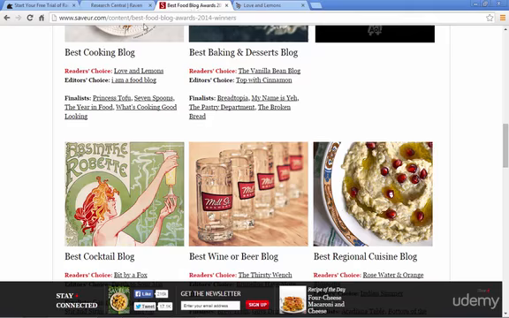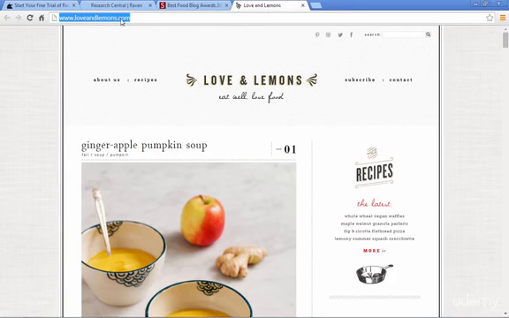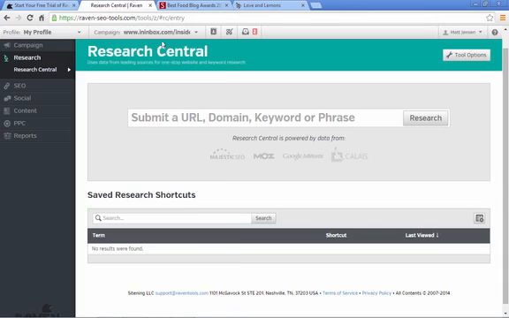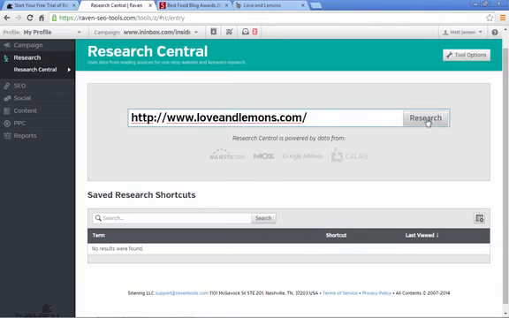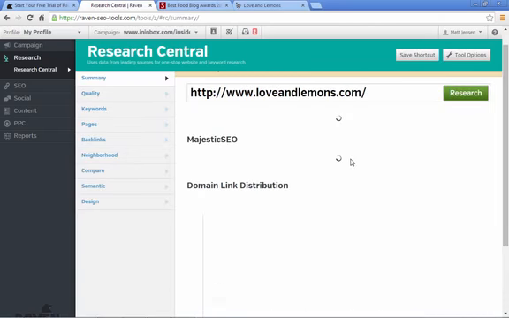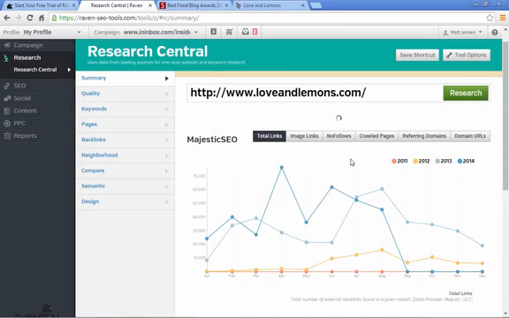So just to get away from the bicycle example for a second, I did a search for best food blogs, and this came up. So I clicked on one of them, and it's a website called loveandlemons.com. If you were to put this URL in, and you could do this for any URL, you could do this for your competitors, you could do this for yourself. It's going to take data from Majestic SEO, Moz, and a couple of others. But once it's analyzed it,